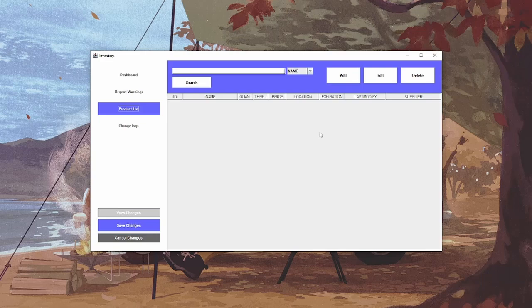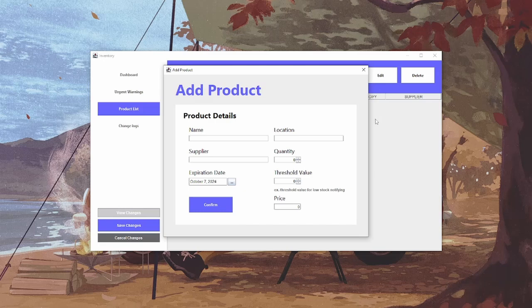Pressing add will launch the add product UI, and this is where you can input the details of your product, such as the name, location, supplier, the quantity, and the threshold value, its price, and its expiration date. As a note, the threshold value is the value where you compare the quantity to determine whether a product is low stock.